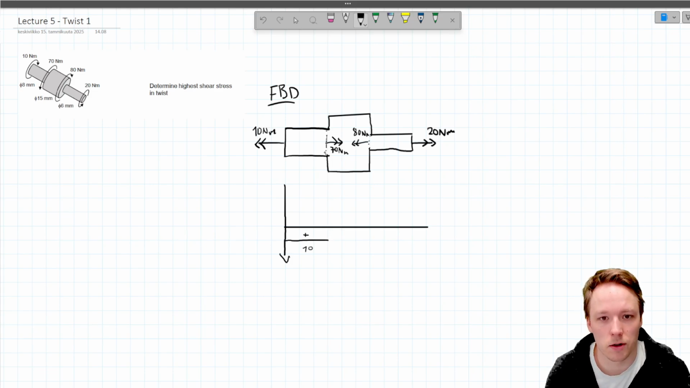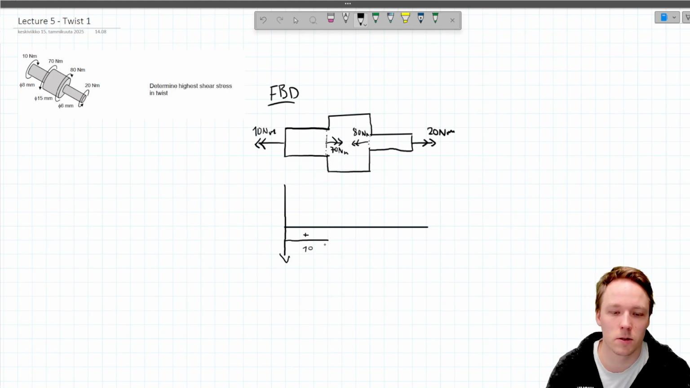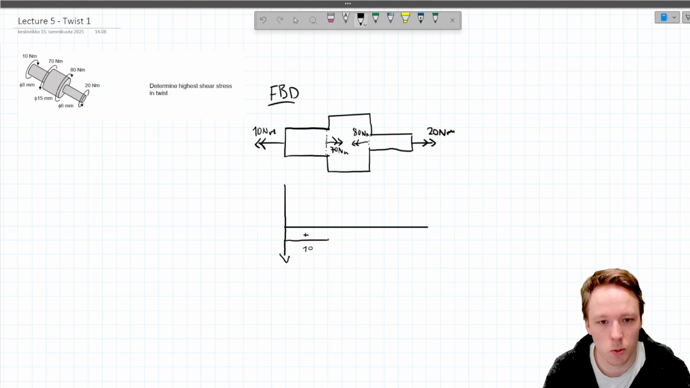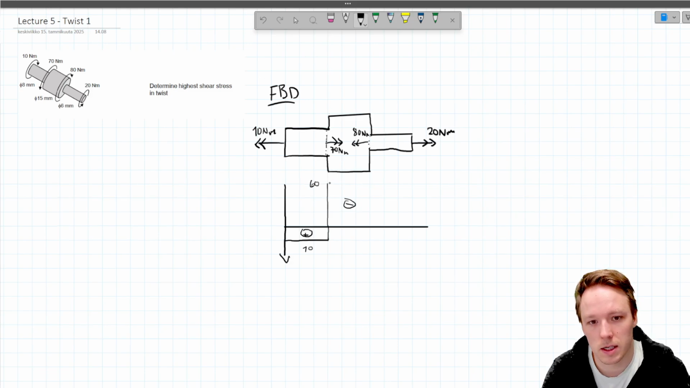Then we come here to the second diameter where the torque value is 70 newton meters and it's pointing to the opposite direction, which means that we're going to go all the way up to 60. So we go to the negative side and we go to a value of 60. So this one is 60. We stay on that value